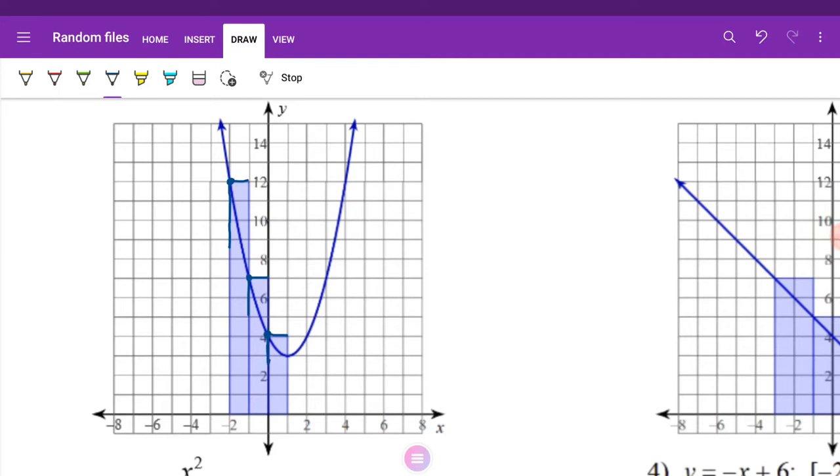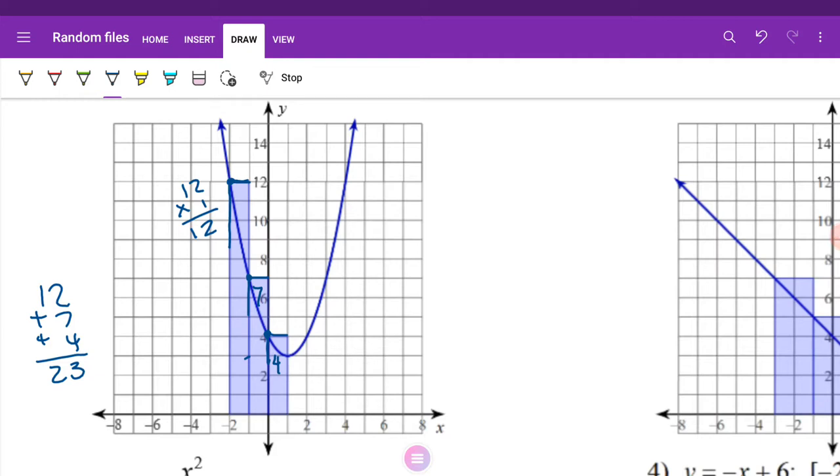So obviously you can count on this one how high it is. This first box, we'll just call them 1, 2, and 3. The first box is 12 units tall and 1 unit wide. So 12 times 1, obviously, is 12. The next box is 7 units high and 1 unit wide, so 7. And the third box is 4 units high and 1 unit wide, so 4. If you wanted the area, you would add them up. 12 plus 7 plus 4 is 23. However,